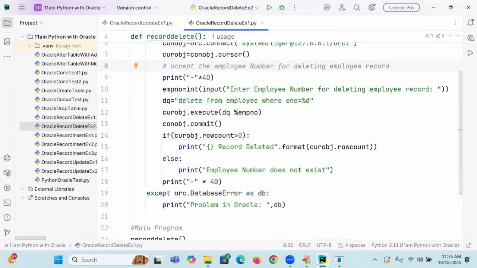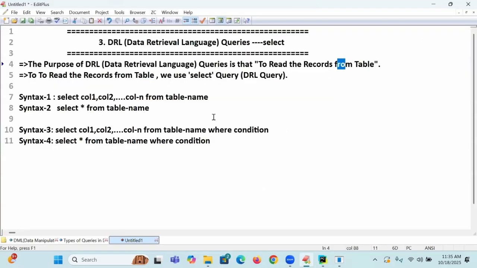So what kind of query are you getting? Select one. Now I'm going to use this kind of syntax. Open the notes and write it down. Write a Python program